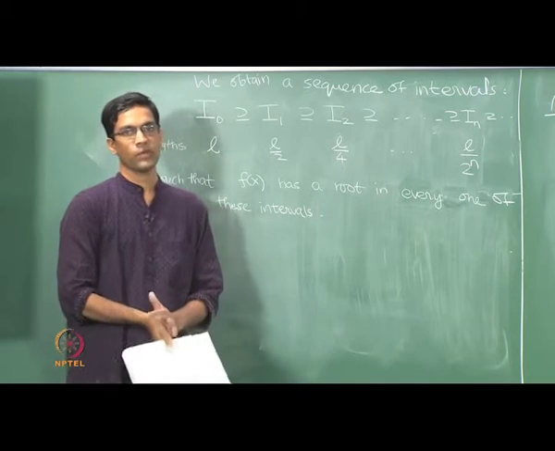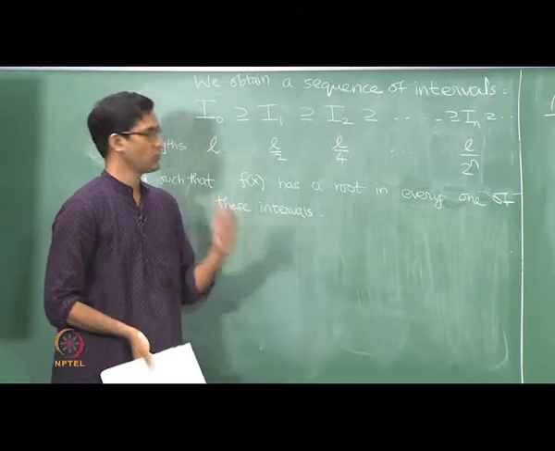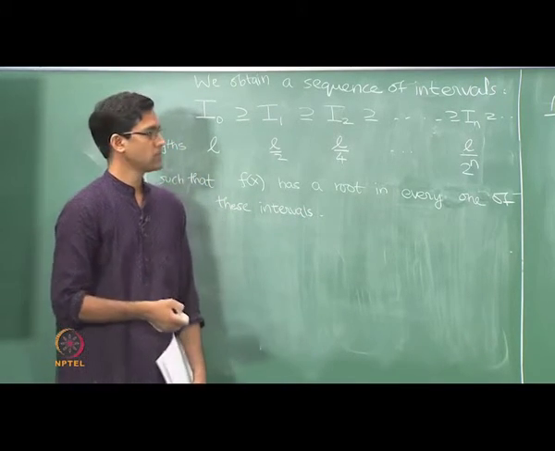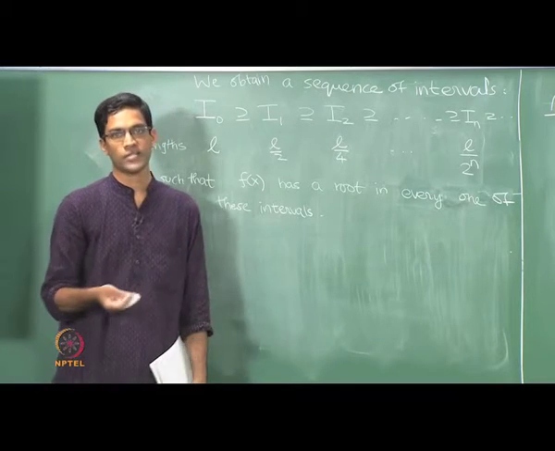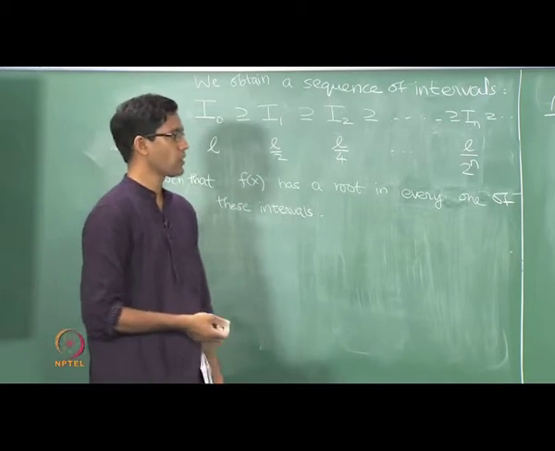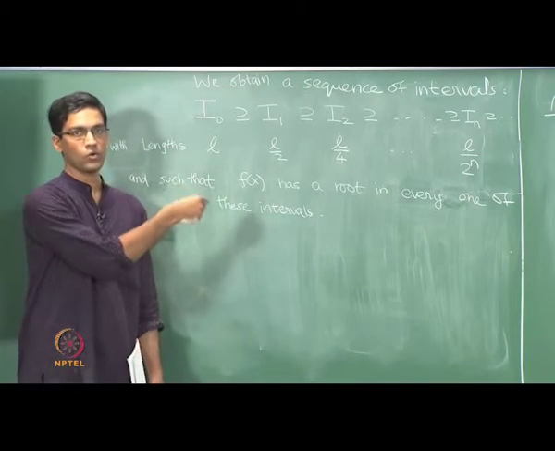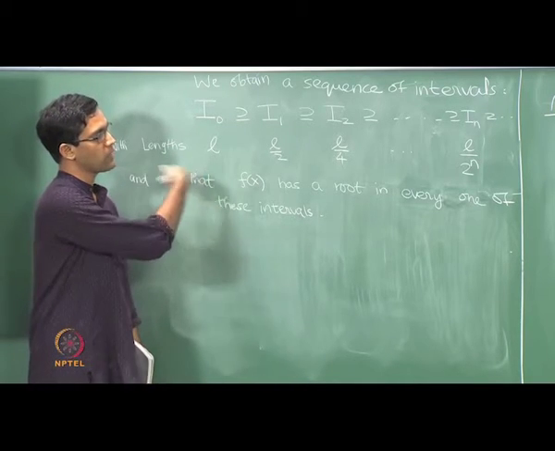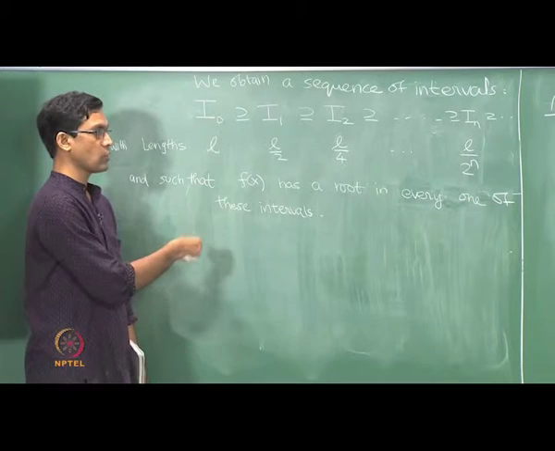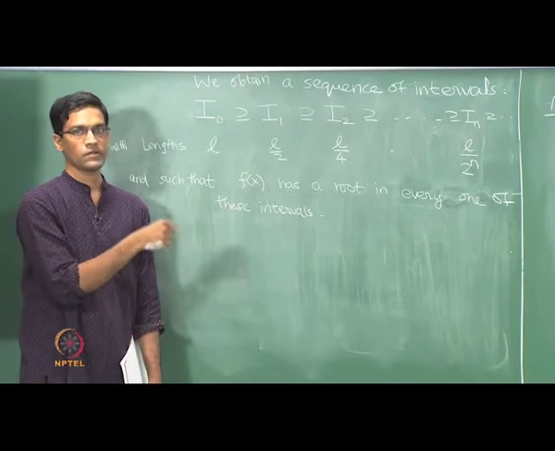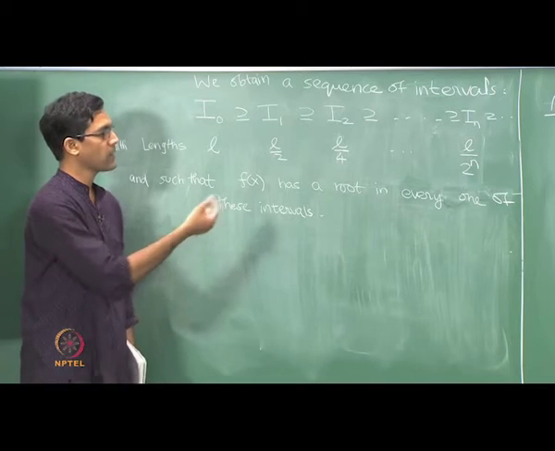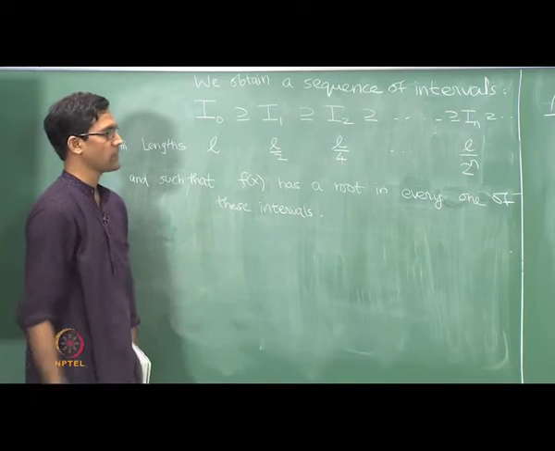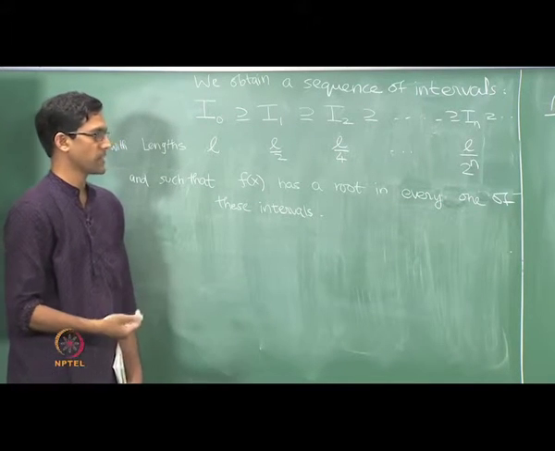This is of course assuming that you didn't yet find a root. If you evaluated f on some midpoint and you actually got the value 0, then you are done, you have found the root exactly and you don't need to keep doing this algorithm anymore. So assuming you don't succeed in finding a root at any given step, you can keep going on and on, let's say for 100 steps. Then at the 100th step, the interval I100 contains a root of the function f, because that's exactly the property using which you define the next interval.